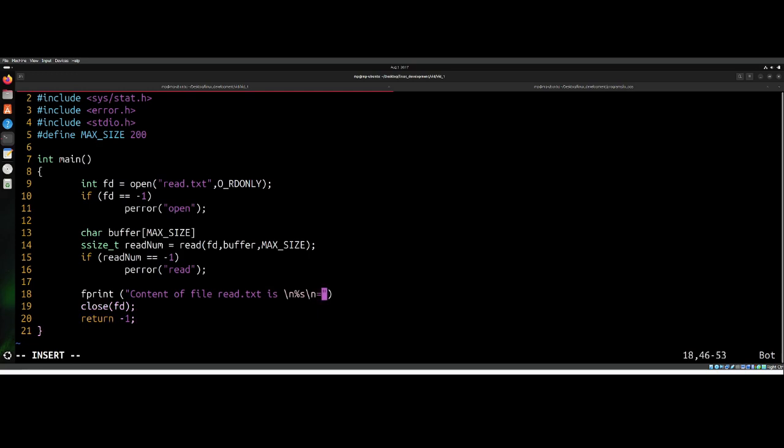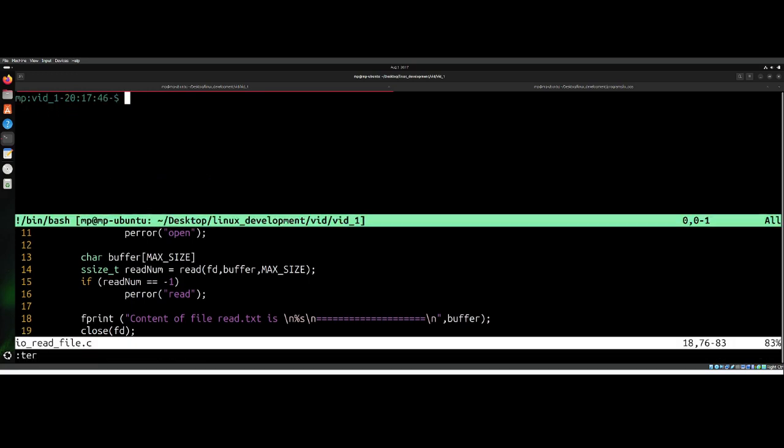Let's say again \n, and this will be your buffer. Let's open the terminal and compile this file,